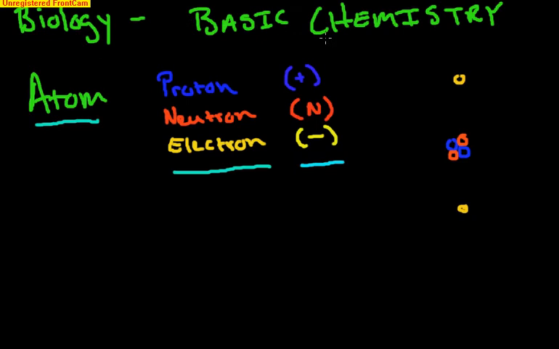Now the next thing I need you to memorize is the weight of these particles. One proton has the weight of 1 atomic mass unit. The weight of a neutron is 1 atomic mass unit. And for all intents and purposes for a basic chemistry course, the electron has 0 atomic mass units, or no mass at all. But I definitely need you to memorize these three things: the protons, neutrons, electrons, the charges,